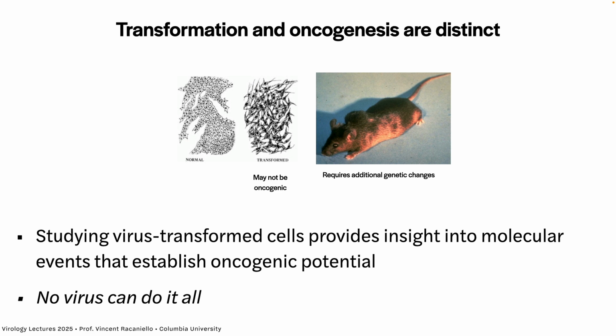But the virus actually doesn't cause cancer itself. Infection leads to cancer, or can lead to cancer. A virus can transform a cell, and then the rest is up to genetics, right? Usually when a virus transforms a cell, what happens is the cell divides forever. And with each division, mutations are accumulated. And then, if those 12 mutations are fulfilled, then you have a cancer. So viruses transform cells, the rest is up to the cell.